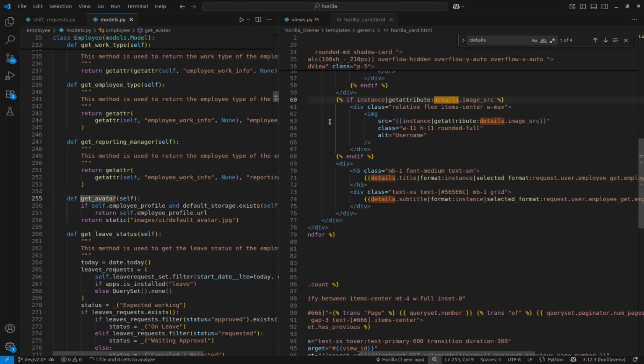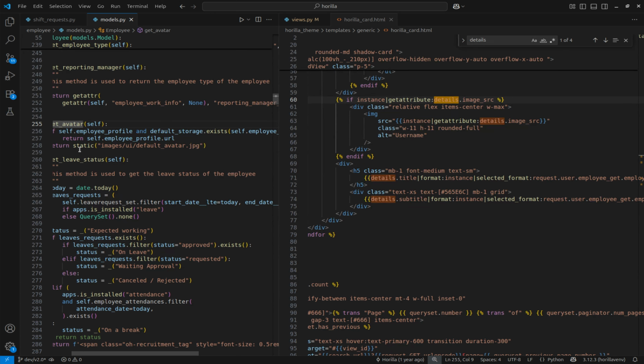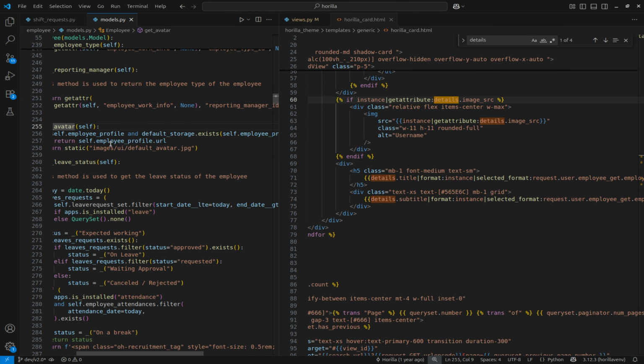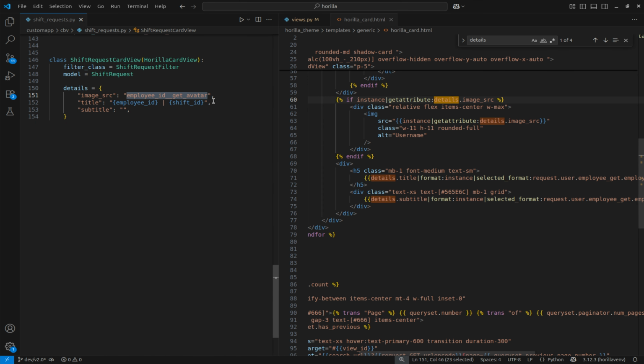employee model, you can see it is written a string or SRC for a static image or the media image from the database. So this getAttribute function will map the image source from the shift request employee model. From the shift request, it will fetch the employee ID, then the SRC from the employee model. Then the title, for the title,